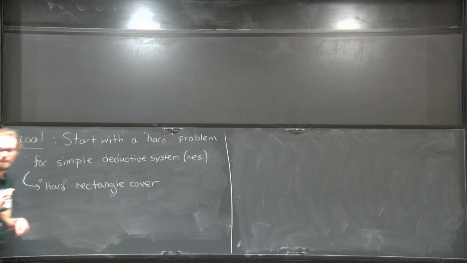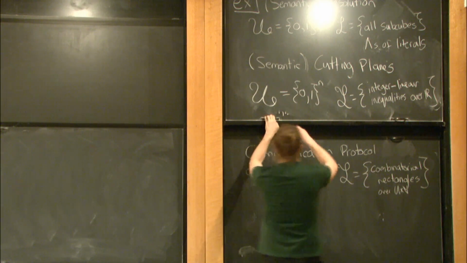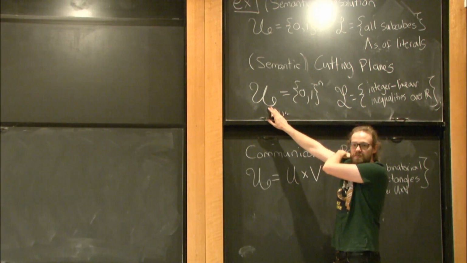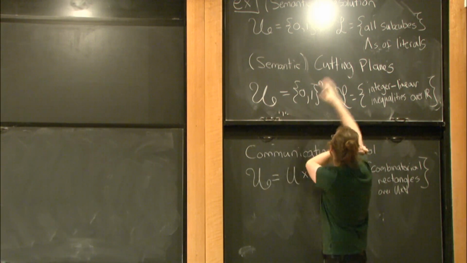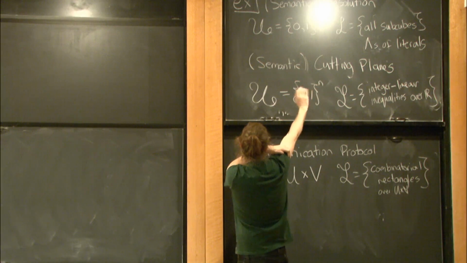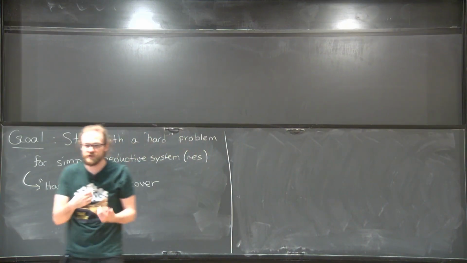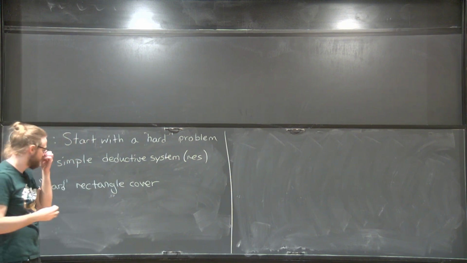I think it's very profitable to start thinking about resolution in this case. So the starting place is that in standard propositional proof complexity, the universe that we're working over is always Boolean. And the interesting cases of hard inputs, the hard contradictions, are usually CNF tautologies.